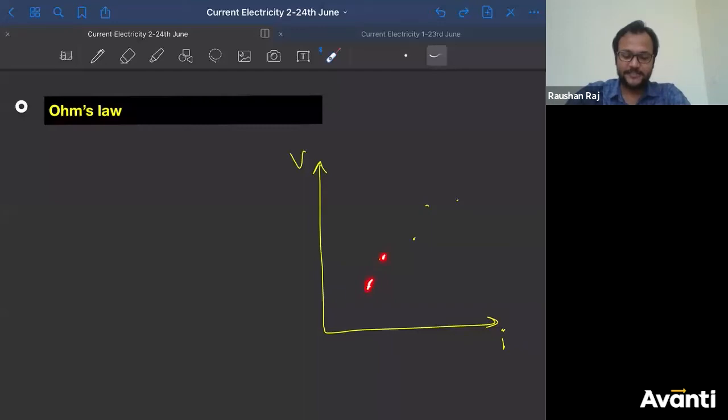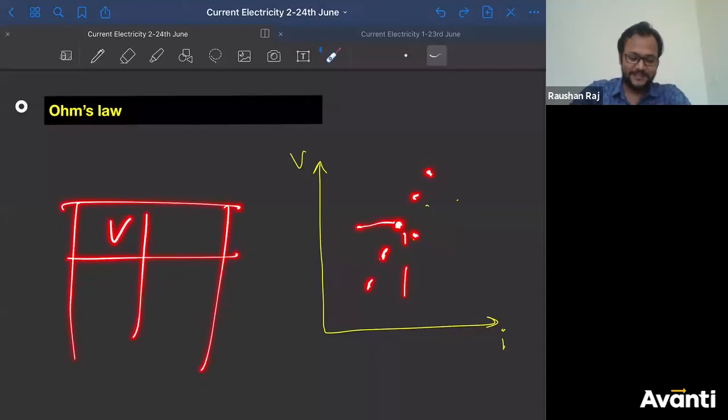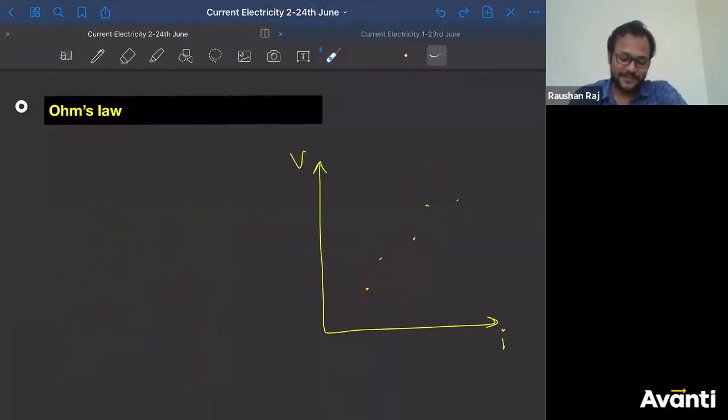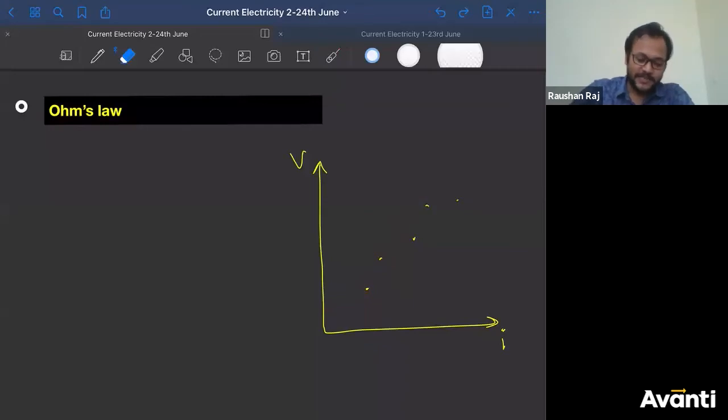Finally, if you got two points, for the third point you will change the value in such a way that you get a straight line. You will just find out a value for I and quote that in the table. This is V, this is I, these are the values, and they will make a straight line. Your teacher must have been very happy then. Right? ऐसा ही किया था ना आपने? But ऐसा नहीं करने का था. Alright? चलो. Anyway.